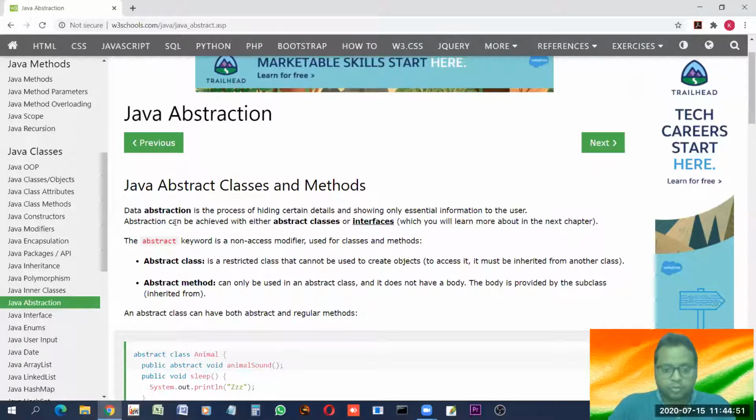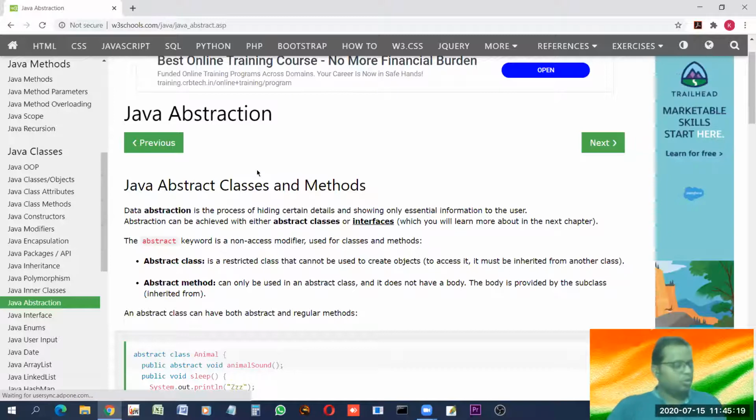So even those who are illiterate, meaning they have never studied anything, they know nothing, they do not even know how to write their names, even such people are using the apps. Can you imagine how this is possible? This is just because of this technique, abstraction: just hiding all the details and displaying only the simple or essential things which all can use. So this is data abstraction in Java.